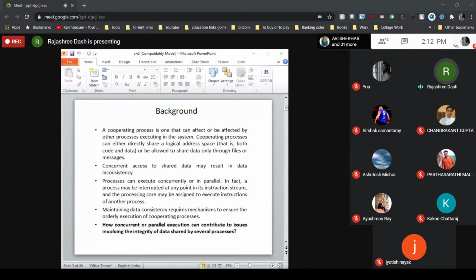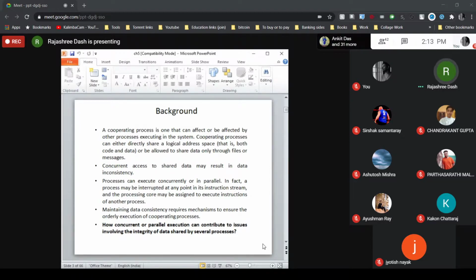Now let's check an example of how concurrent or parallel execution can contribute to issues involving the integrity of data shared by several processes.